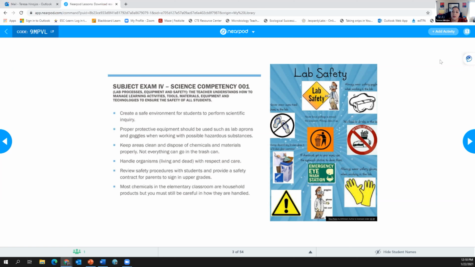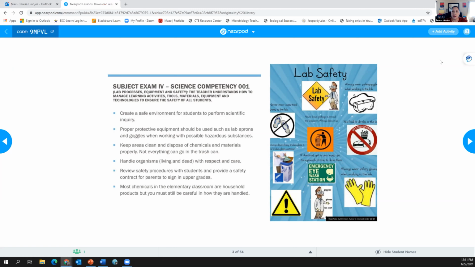So in the middle school and in the high schools, the science teachers will always go over lab safety that first day or two, and they'll always give out a safety contract for parents to sign and for kids to sign so that they understand that this is serious, it's important that they're careful. And then, like I mentioned, most of the chemicals that will be handled in the classroom,